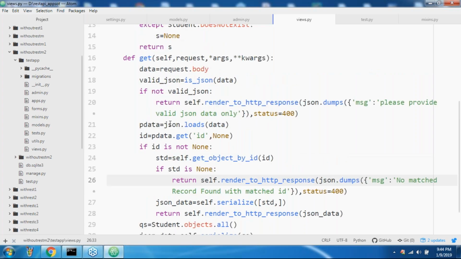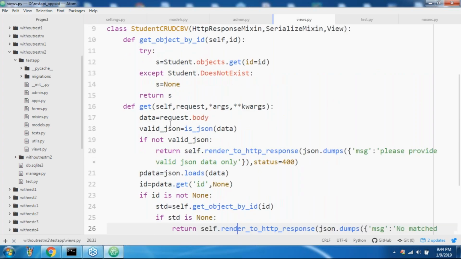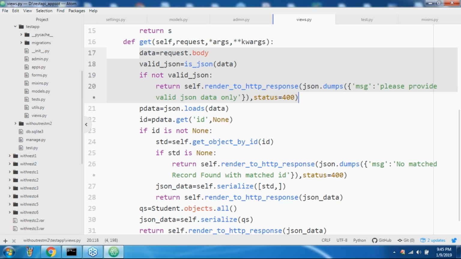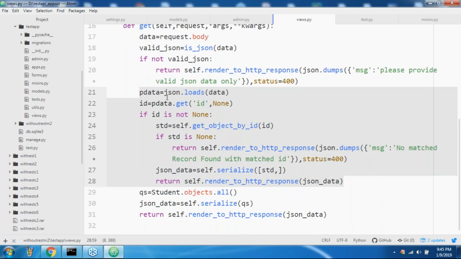Sir, observe, very simple. Have a look once. What are these lines doing? Can anyone please tell? Get the data sent by the partner application. Now, is it valid JSON or not? If it is not valid JSON, then provide a 400 status code response saying please provide valid JSON data only. Next, the remaining lines convert JSON data into Python data and check whether the ID is available or not.